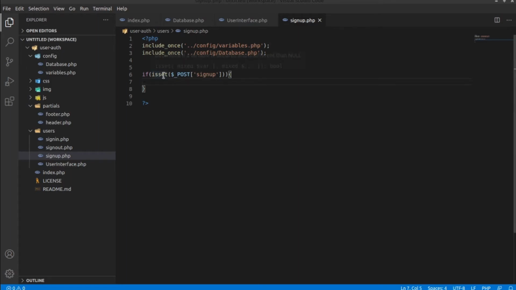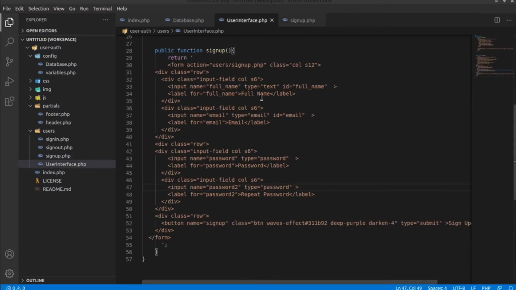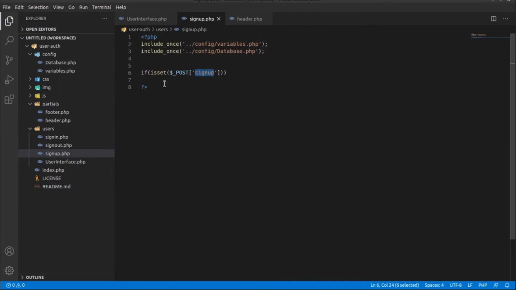Now if someone is set, this is the post method, so we need to give that as well. Inside our form tag, we need to specify which method we are going to use. Method is equal to post. In signup.php, here we are going to get the data from our form.